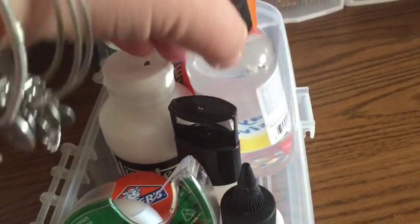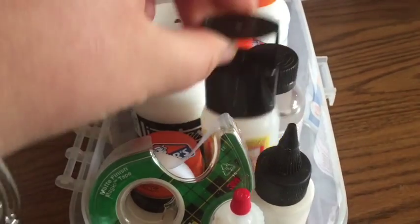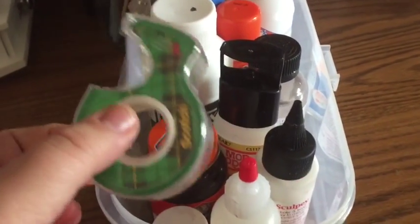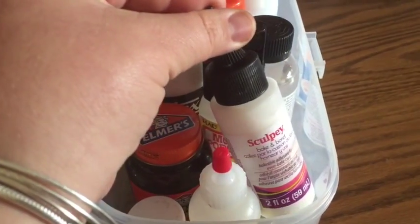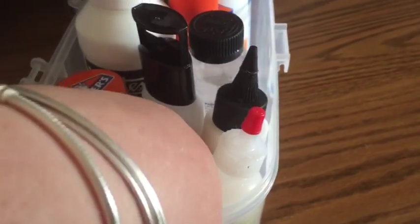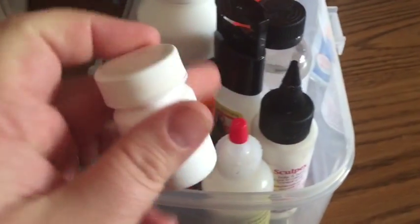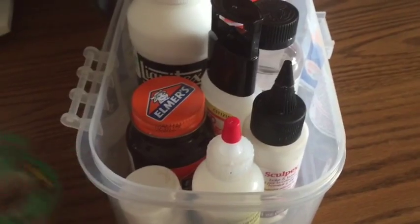Gamsol, this is like a liquid paint thinner that I use over my Prismacolors. Mod Podge Dimensional Magic, I also use for my clay. Some plain Scotch tape, some Elmer's Rubber Cement, some Sculpey Bacon Bond, and polyclay. This is to make the little liquid things with polymer clay. I use chalk pastels to mix in the colors. And then this is an old pill bottle that I just keep rubbing alcohol in for various